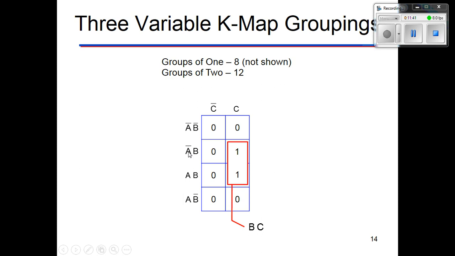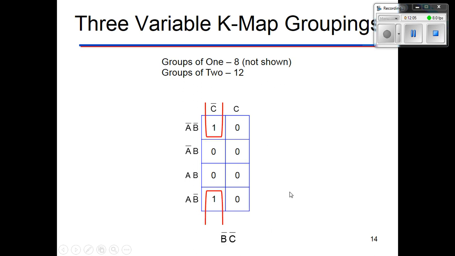Over here, once again, not A and A cancel out, so the answer is B and C. And so on. Now, here's the thing. Turns out that your K-map is not actually a rectangle. It's more like a circle. So what you need to do is glue this edge and this edge together,